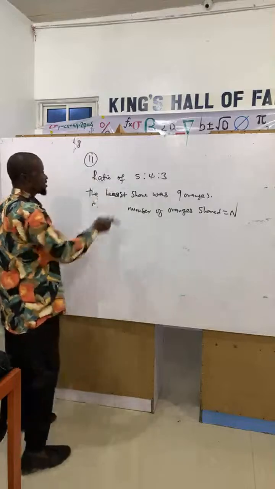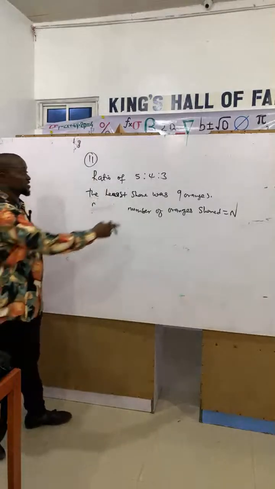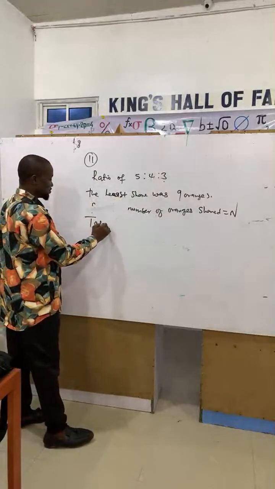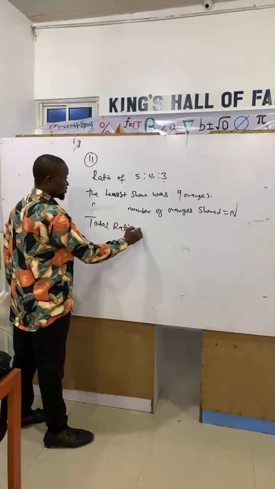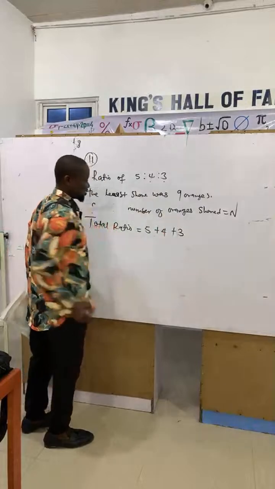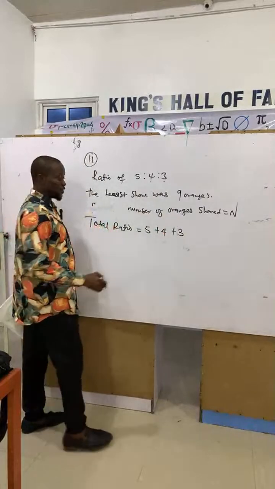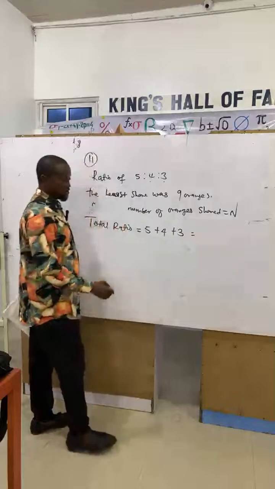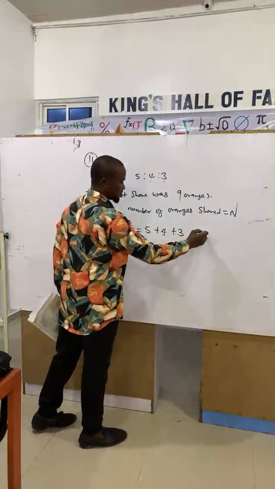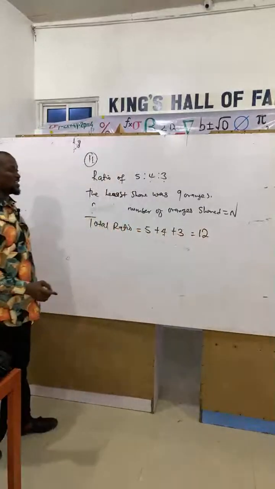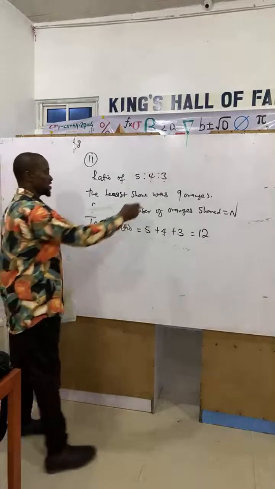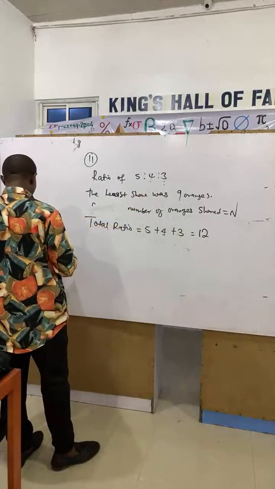Now, you see, in this ratio, the least ratio here is 3. But in that ratio, the total equals 5 plus 4 plus 3. If you add 5 plus 4 plus 3, you are going to get 12. 5 plus 4 is 9, 9 plus 3 is 12. That is our ratio. And now they say the least, and the least here is 3. Therefore,